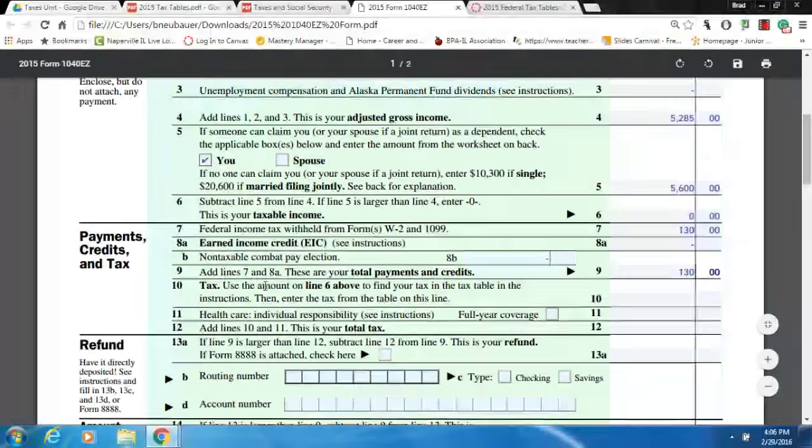Okay, so the tax: use the amount on line 6. Here's our line 6 right here, $0. To find your tax in the tax table, then enter that tax amount on this line. Well, he didn't need to pay any amount of money. So the $130 he got, he's going to get all of that back because he was not required to